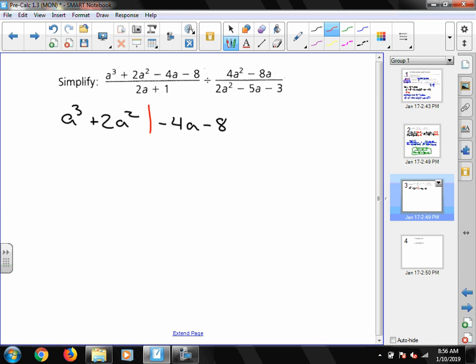So I draw my line down the middle, and I ask myself, what can I take out of this left side? So the a cubed plus 2a squared. I see the common factor there is going to be a squared. And what's left when I factor out that a squared is going to be a plus 2. Now in order for this to work, I need my sets of parentheses to match exactly. So I am going to take out a negative 4 on the right. So I have a plus 2 in my parentheses. So this actually is going to factor into